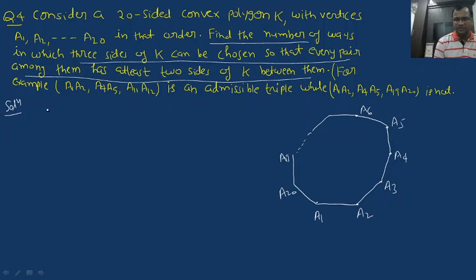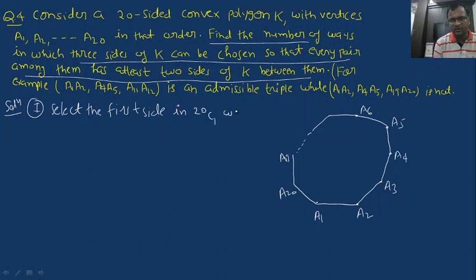Okay, so first step, select the first side in 20 ways. Select the first side out of 20 sides in 20 ways because there is no restriction to select the first side. So the number of ways is 20, and suppose